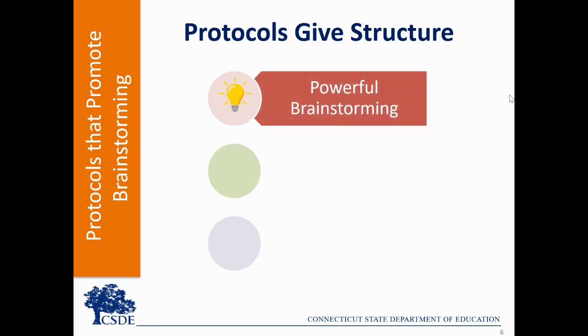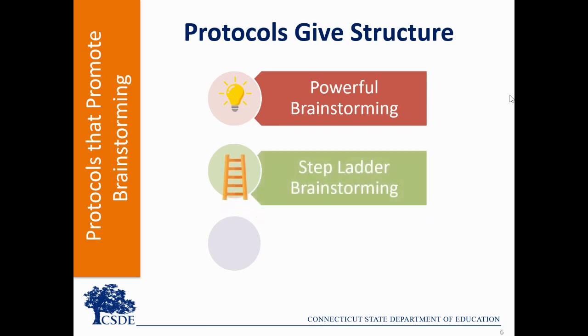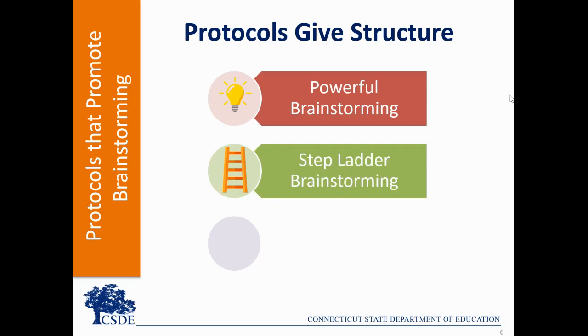The first protocol starts with a fact-based, data-driven challenge that was identified through the analysis of the evidence. Everyone has an opportunity to brainstorm, share ideas, and then categorize. If a factor is outside of the school's control, it is moved aside and then everyone prioritizes the factors of the challenge. The next protocol, step-ladder brainstorming, is a protocol that avoids groupthink and honors everyone's voice. After all members of the group have shared and discussed, the team can come to a consensus about the most impactful factors that contribute to the organization's priorities.